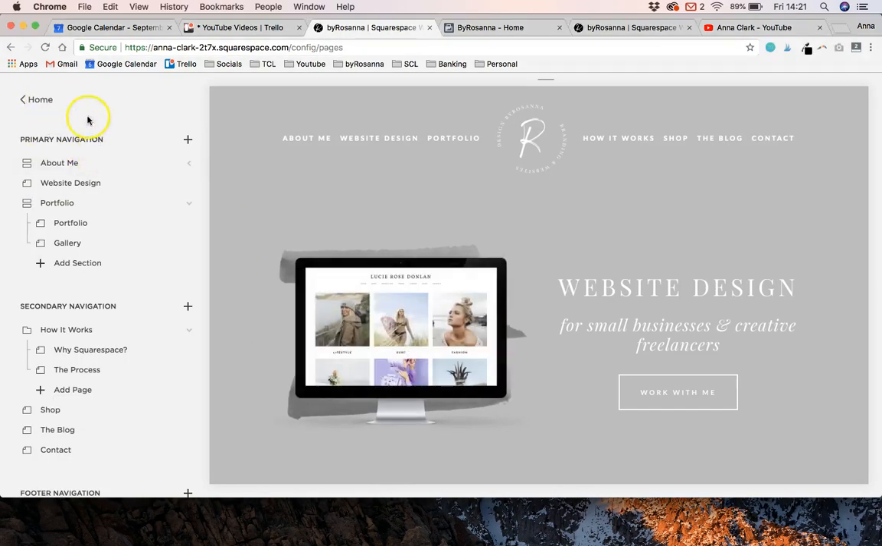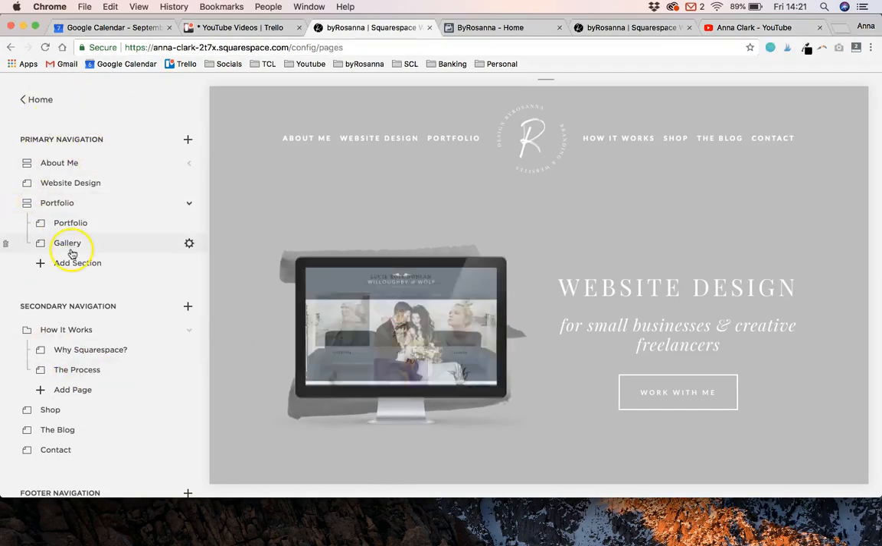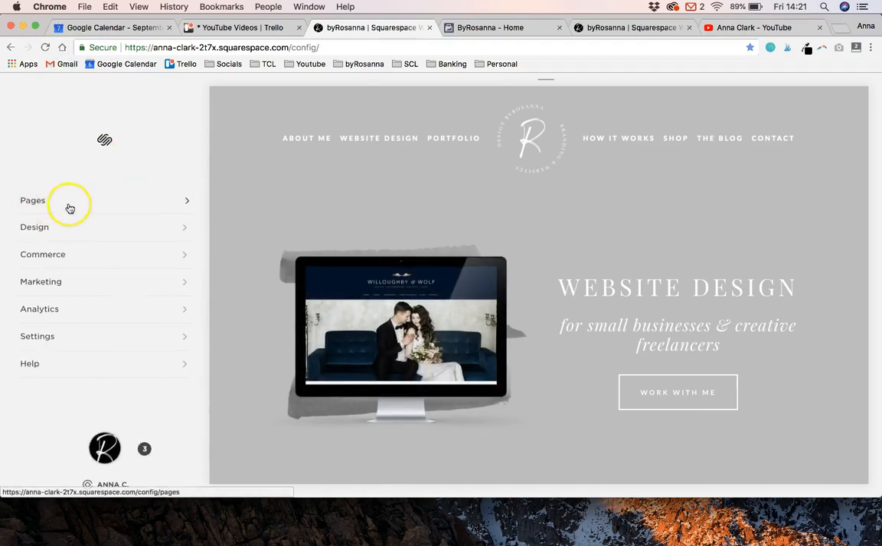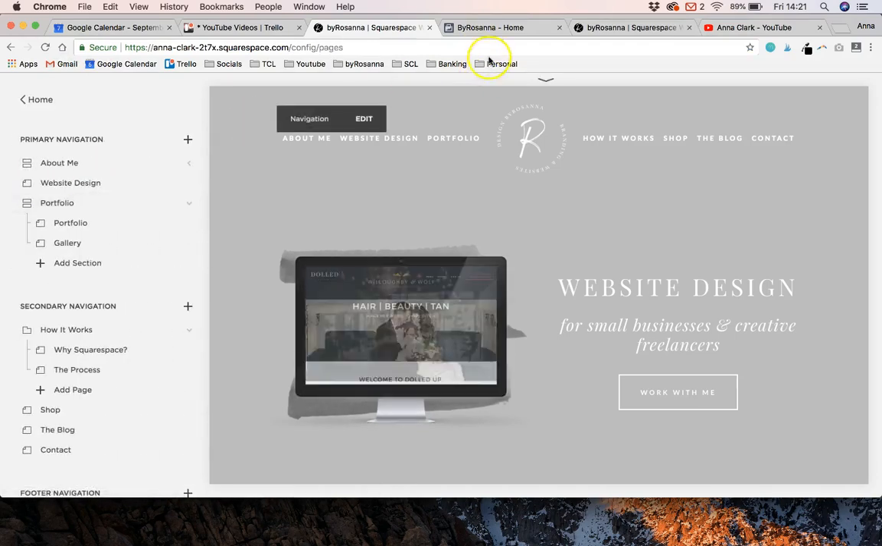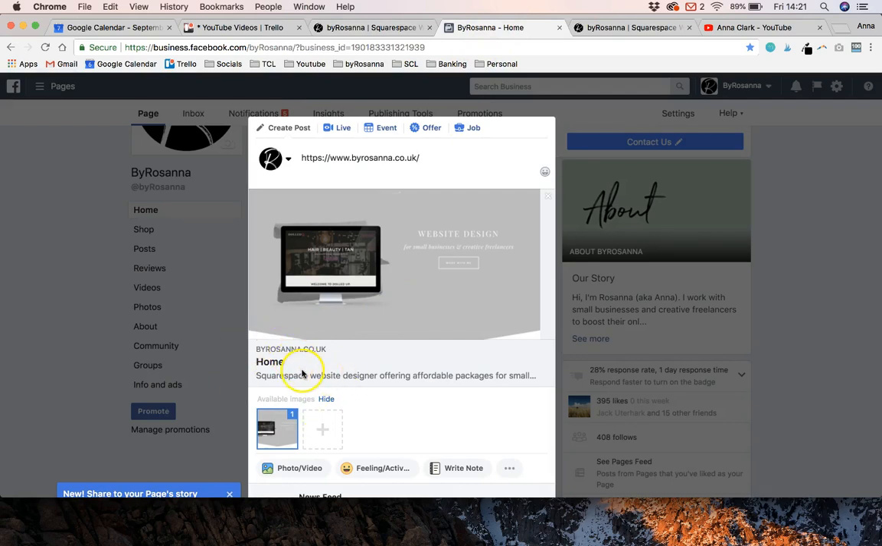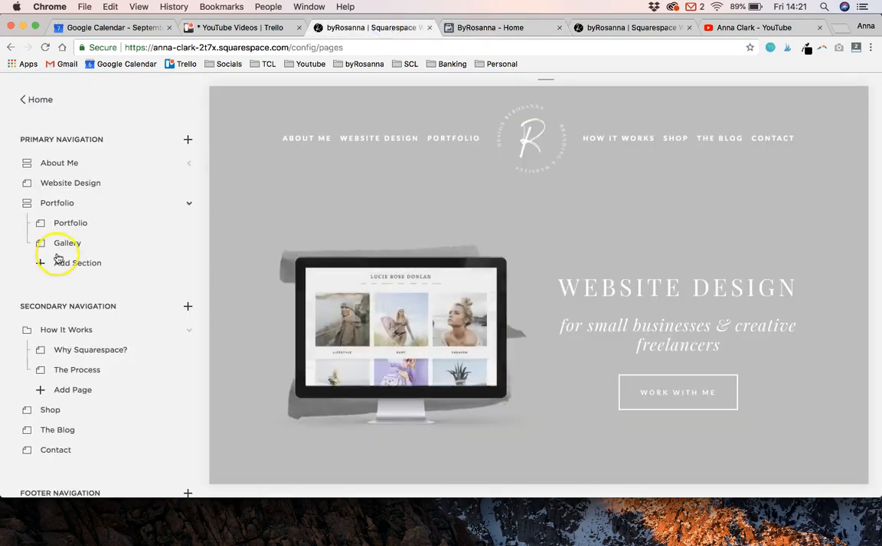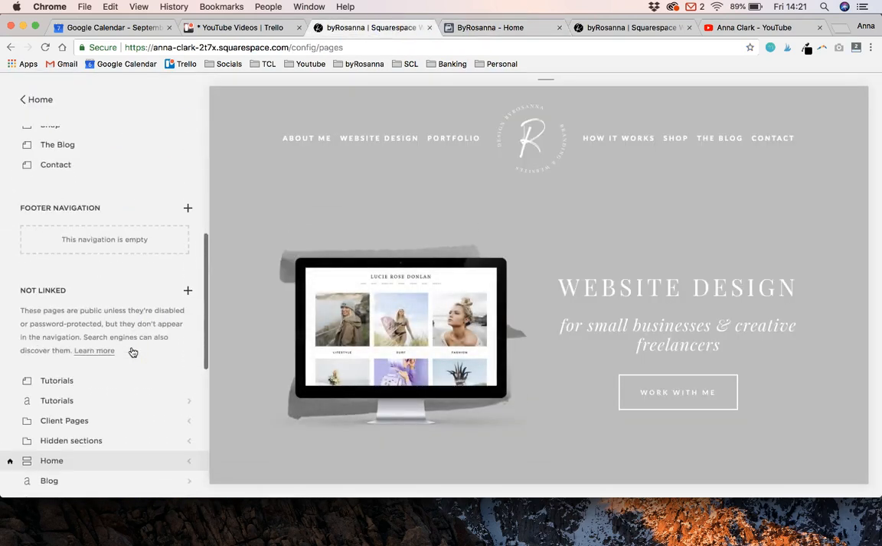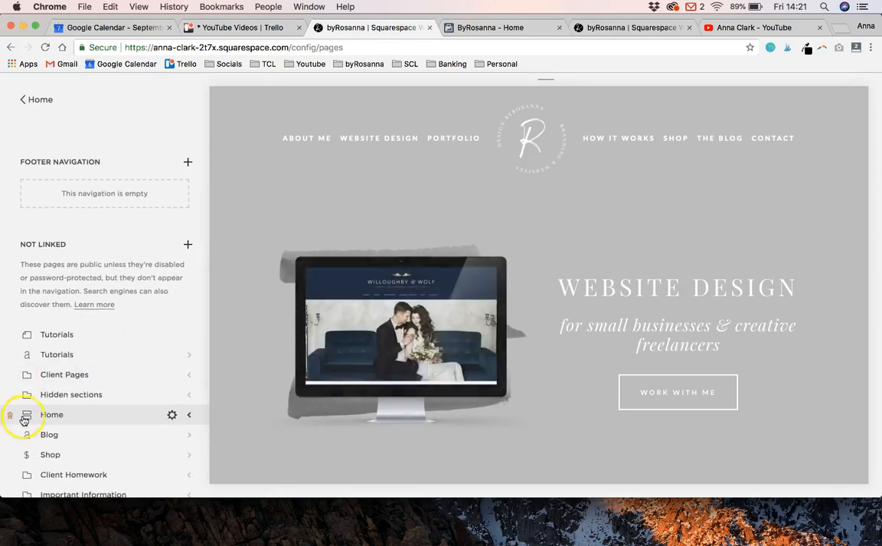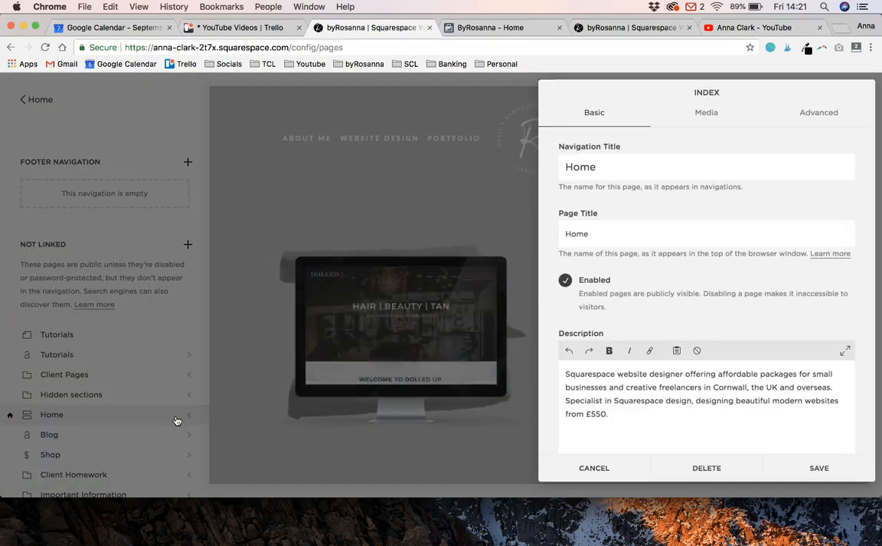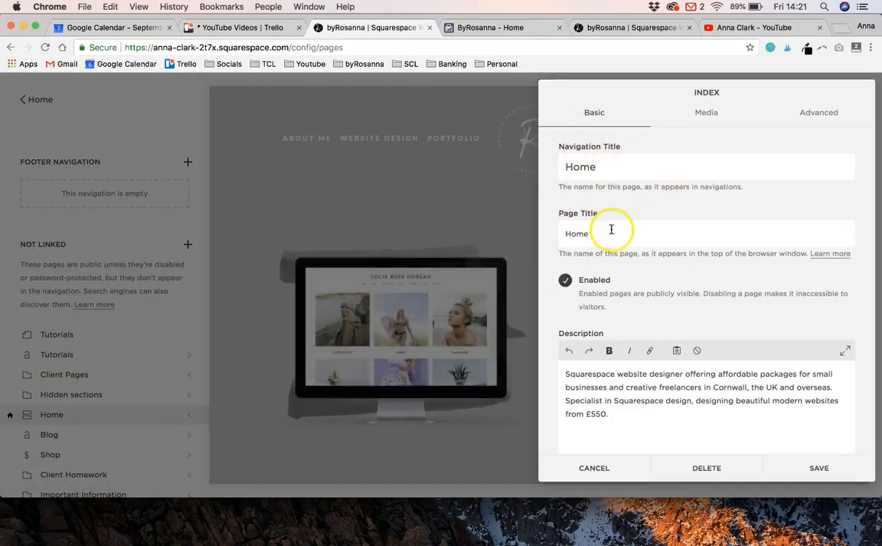So now I've gone onto the pages section of my website instead of the design section, and I'm going to now change the text that appears in the link preview here. And it's really simple to do. I'm just going to scroll down to find my actual home page. Here it is with the home icon next to it. I'm going to hover over, click the settings wheel, and then this pop-up will appear with my navigation title, page